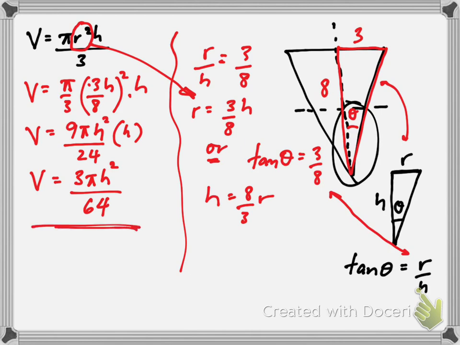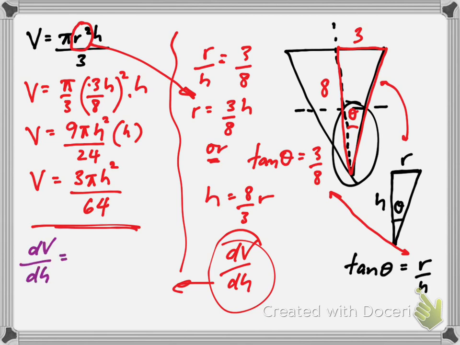So that becomes your function that you have to differentiate with respect to h, so you can get your dV over dh. All right, this is cool. So let's differentiate that. If you go dV over dh, you end up with 3 pi over 64 as your constant, therefore you let that be. So you go 3 pi times 2h over 64, and that equates to